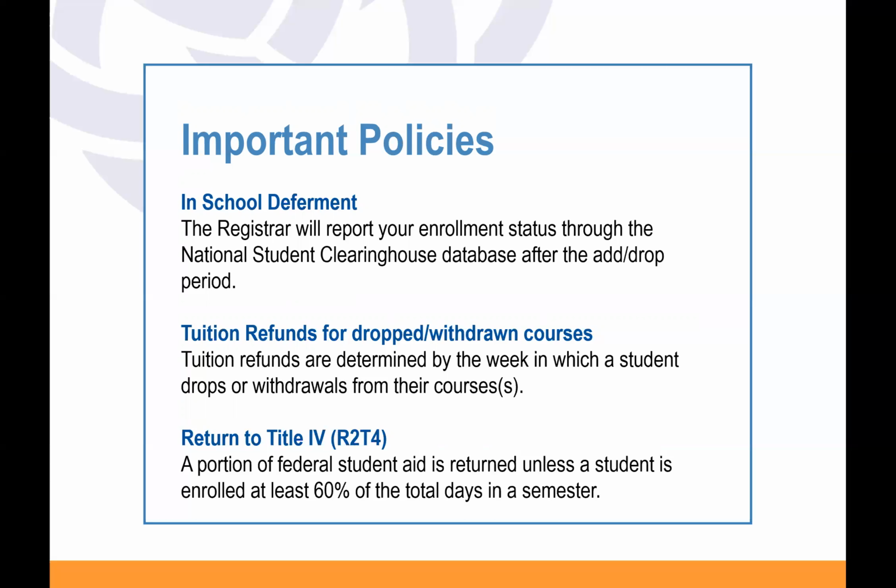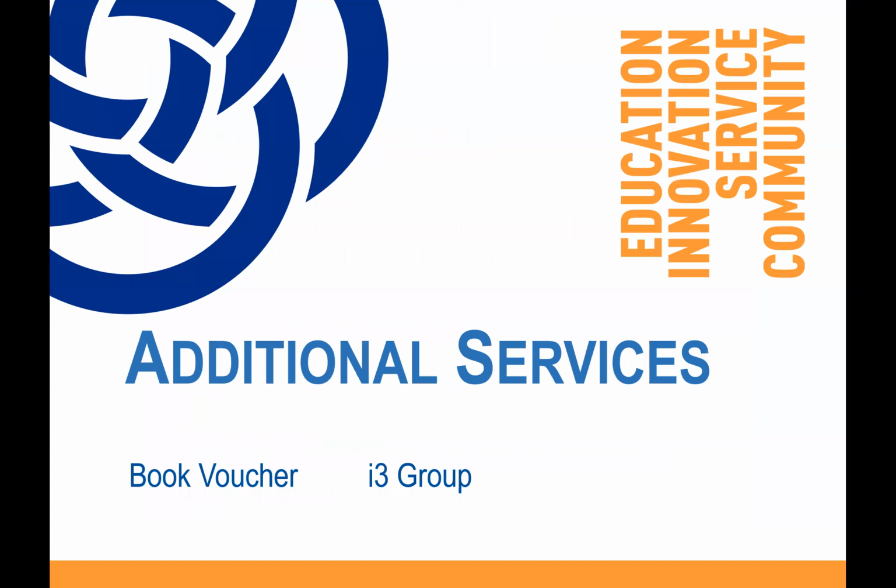And that leads me next to the R2T4 policy. So if you are enrolled 60%, say that you attended class 60% of the semester, sometimes there isn't a refund, right? So you want to make sure that you're mindful of that, and we'll give you more information. It's case by case, right? So everyone is different, but the dates are very, very specific as well. And if you want more detail about that, you can check on our catalog.